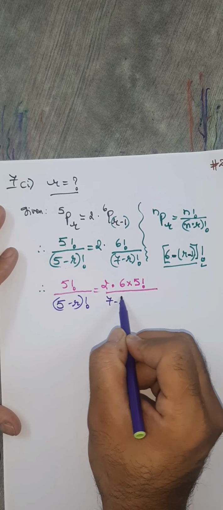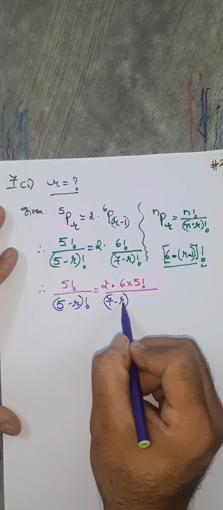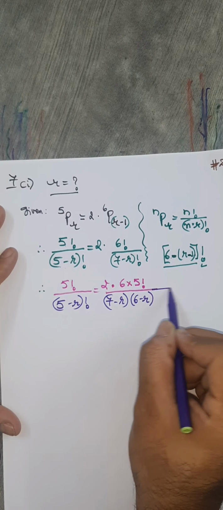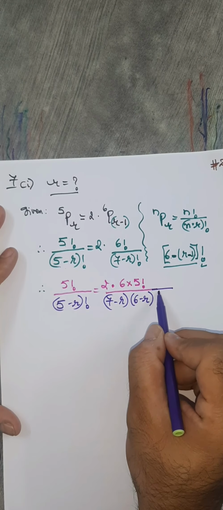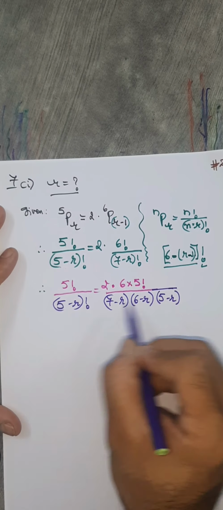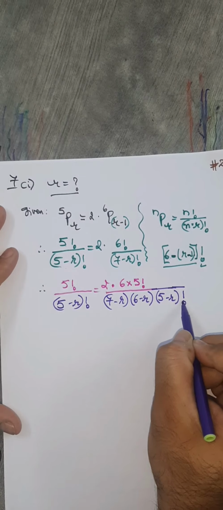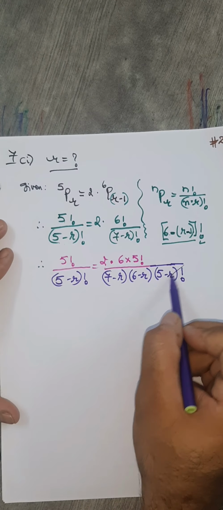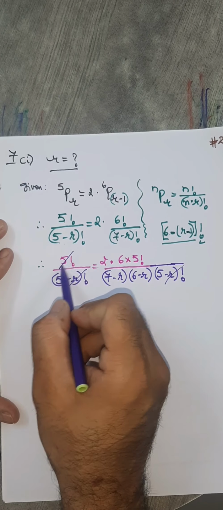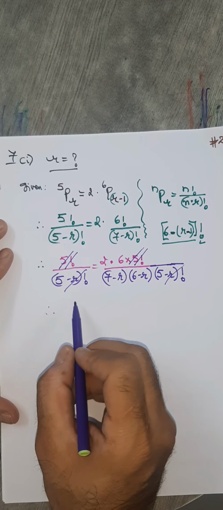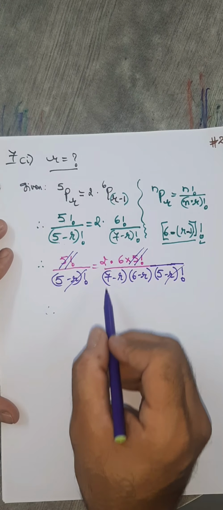7 minus r, you write 1 less, 7 minus 1. So 6 minus r, it has not come yet. You write one more less. So 6 minus 1 which is 5 minus r. Now this expression has come. We stop and we write factorial. So now this will get cancelled with this. 5 factorial will get cancelled with this. So you are left with here